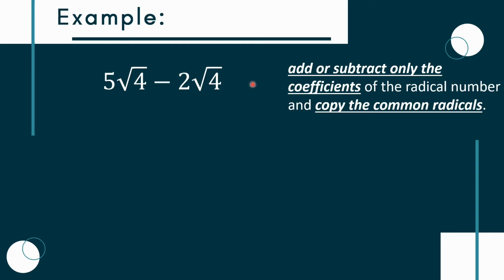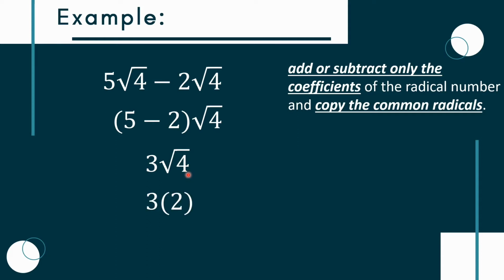Now, in order to perform the operation, we will add or subtract the coefficients. We have 5 minus 2, and then copy the common radical, which is square root of 4. Then simplify. What is 5 minus 2? Okay, we have 3. And then, we only need to copy square root of 4. So, therefore, the final answer is